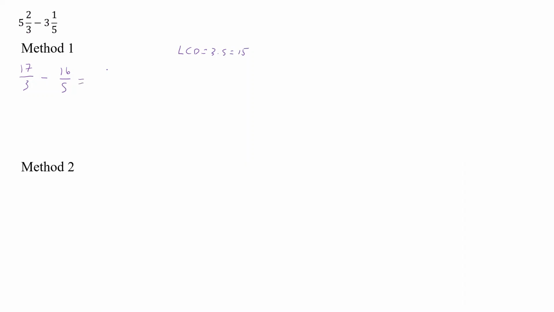So if we convert that, we're going to take 17 over 3 times 5 over 5 minus 16 over 5 times 3 over 3. So if we multiply here, 17 times 5 is going to give us 85. So that's going to give us 85 over 15 minus, now we have 16 times 3,